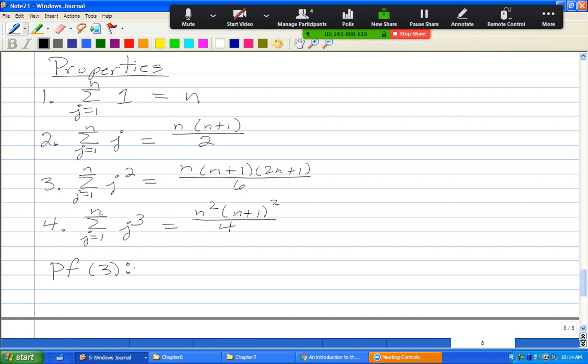Okay. So what I want to do here is use the fact that the first two of these are known to derive the third one. You can then use this technique, using the fact that you know the previous three, to derive the fourth, and you can see that we'll get a series of different ways of answering. I could do the sum of j to the fourth, and I'll get a similar sort of formula. Okay, so